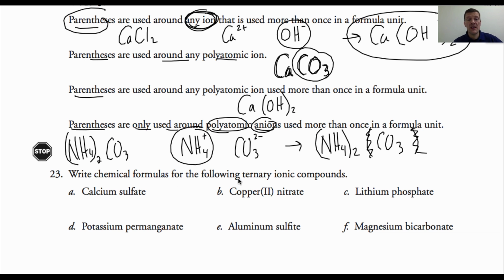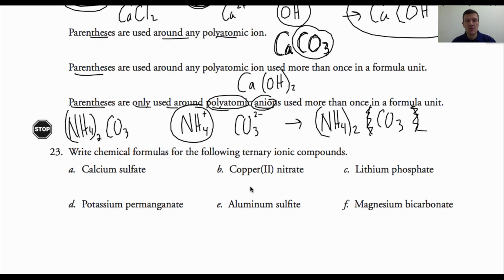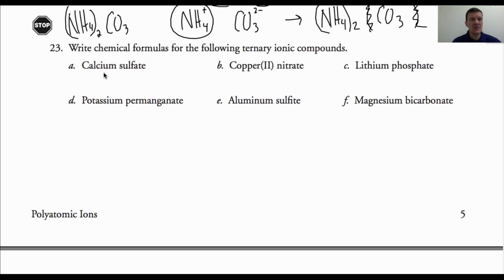Write chemical formulas for the following ternary ionic compounds. All right, let's practice here. Calcium, sulfate. Calcium has a 2 plus, sulfate has a 2 negative. You can check me, you can scroll back up to the table that shows the different polyatomic ions, and you can check these values here. Calcium is a 2 positive, sulfate is a 2 negative, so I just need 1 of each. I don't need any parentheses